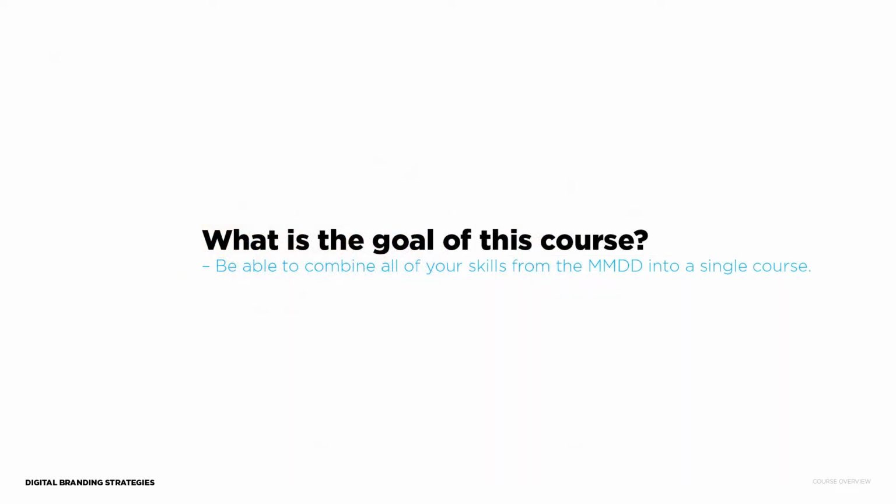The goal of this course is to combine all the skills you have learned in the MMDD program and give you a semester-long project that will challenge you to use those skills. In groups of 1 or 2, you will start a company from scratch. We'll work step by step through the process of creating a company, branding it, and building what is known as a minimum viable product. This is essentially something you can use to show people to get investment in your idea. Your minimum viable product will be a Kickstarter video.